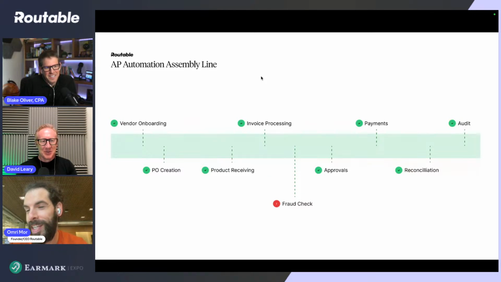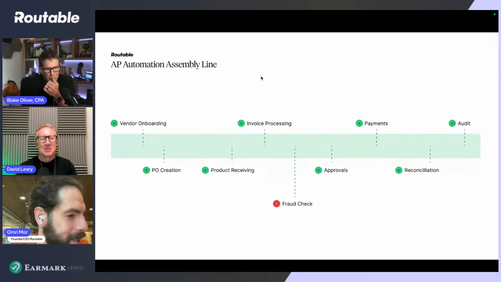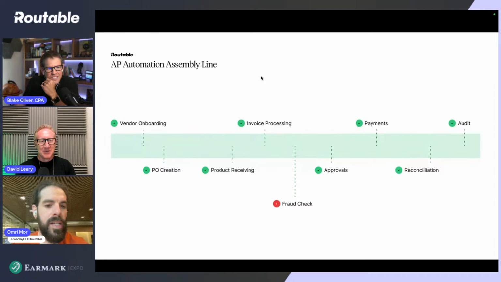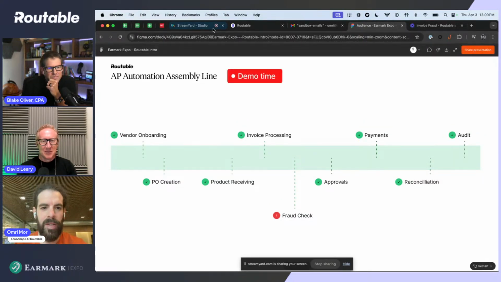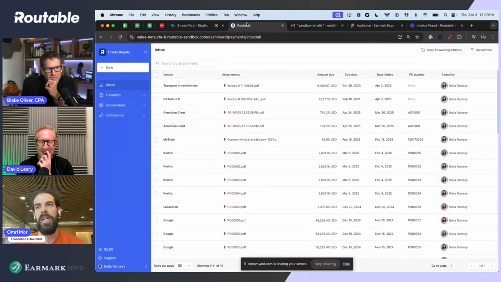We started generating a bunch of fake invoices this week just to see how good they get. They get really, really good. And I think that's what's really interesting on that same thread. And I'll get into demo time, so I'll switch here to my platform. But what I wanted to talk about, team, is that